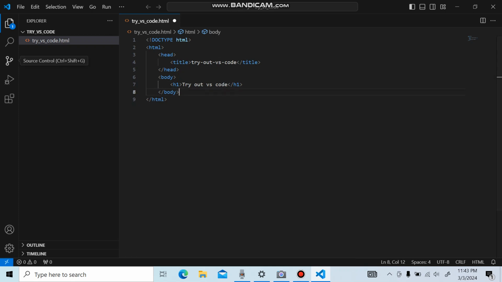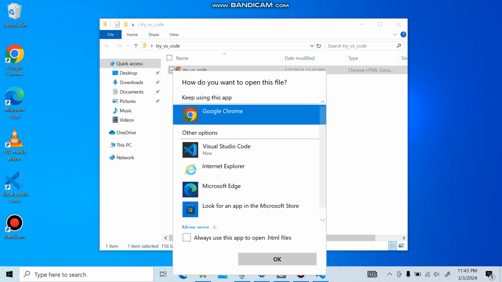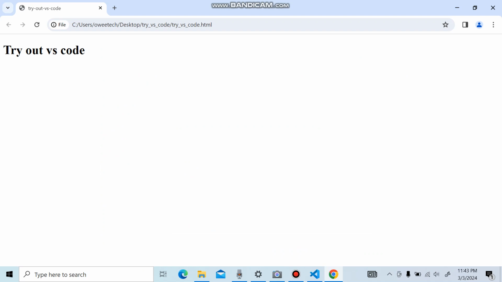and then let us view this on our web browser. If you're done with this, just click to save this, just click Ctrl and S. Use the equivalent for a Mac if you're on Mac. Then we would just minimize this, go to the folder, click on this, open with Google. So I will allow this to be the default by clicking always use this app to open .html files. So we click on OK. This should spin up the browser and we should have our first code here. So hopefully you know how to use VS Code, you know how to download